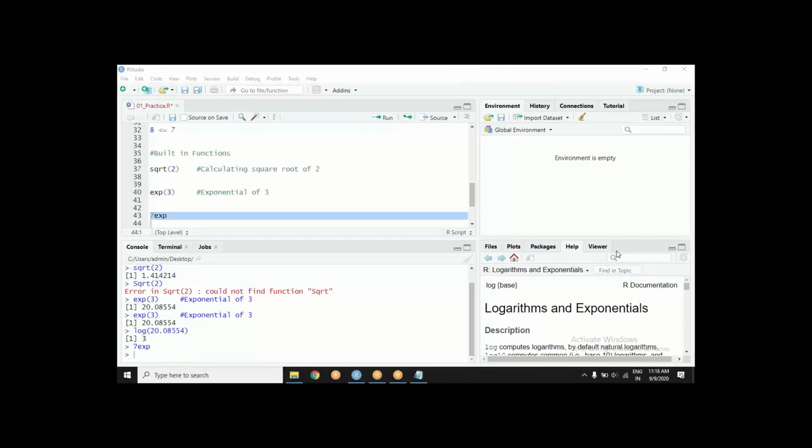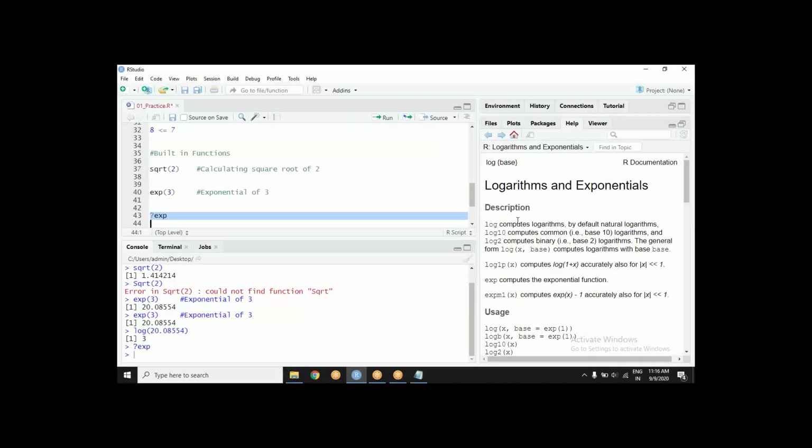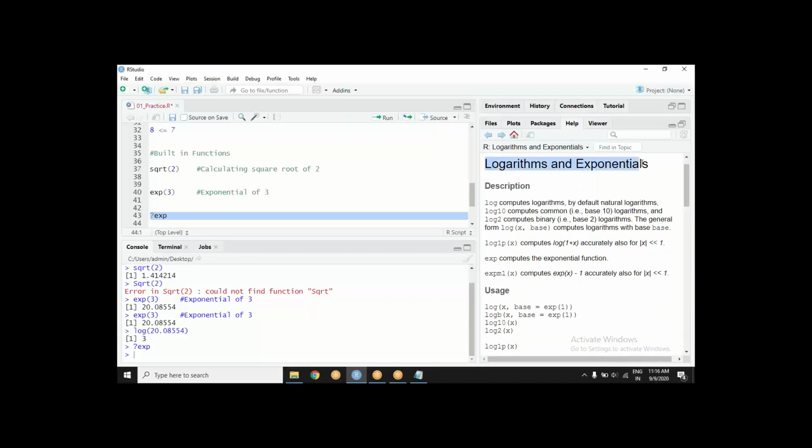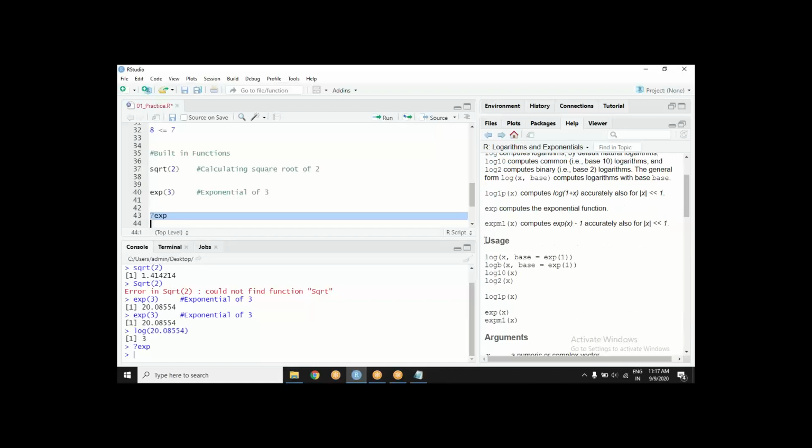You see this last pane, the last section, which was of no use so far, now it is alive. So a help document has appeared here, and let's maximize this. And it is describing logarithmic and exponential functions. What are the functions? What it calculates? What should be the base of that?